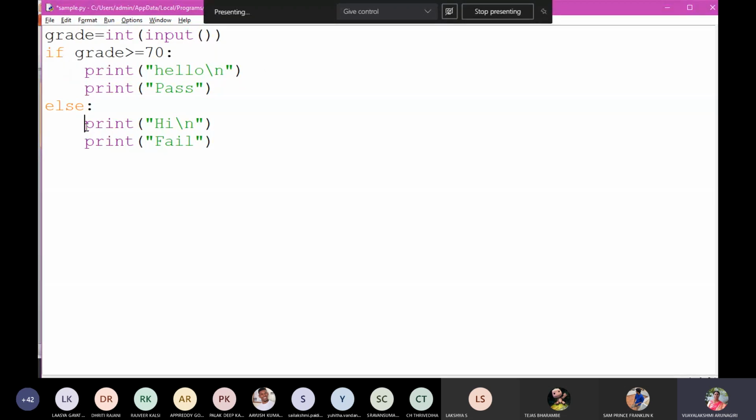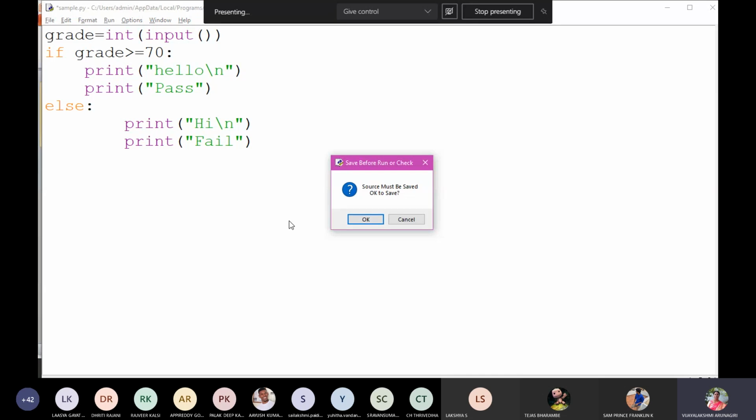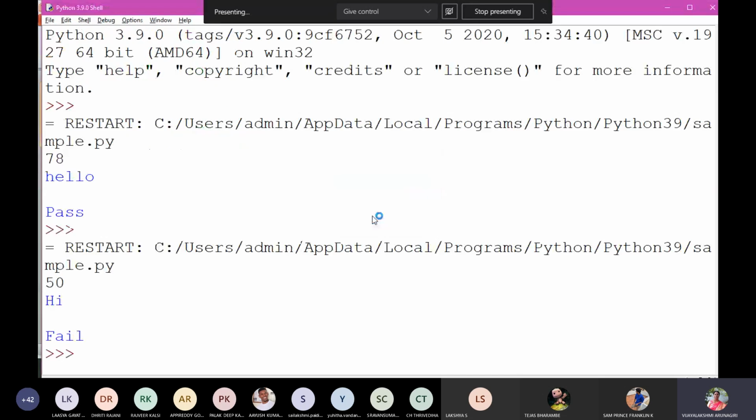You can move the cells. See, if you are giving it in any other place, no problem. But for all the else statements, is it a valid indentation that I have given? Will the program run if I give print here and here? It works correctly, because all the false statements I have given in the same column.